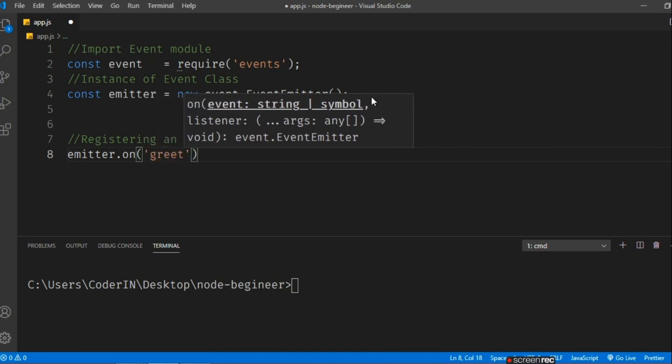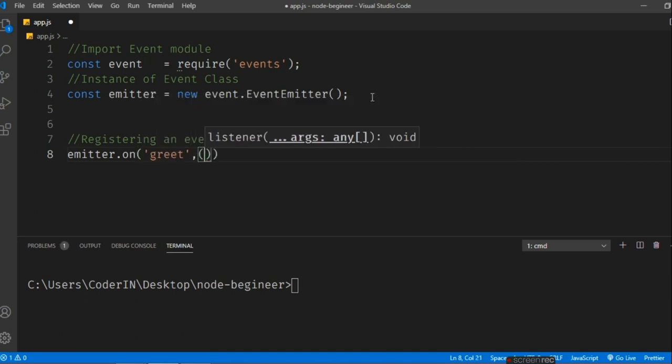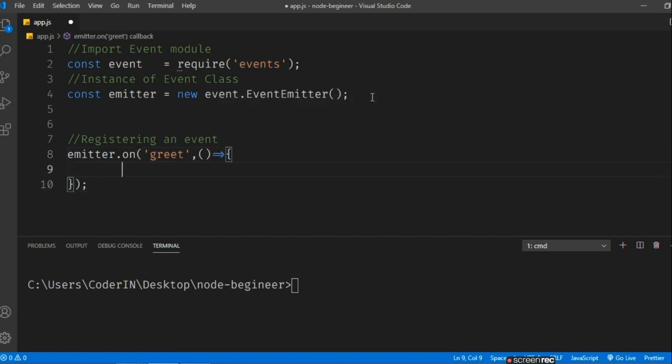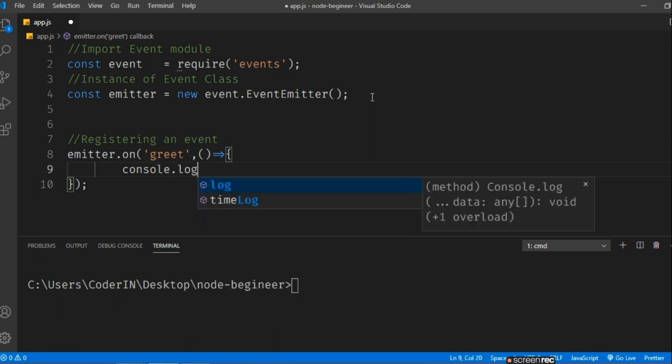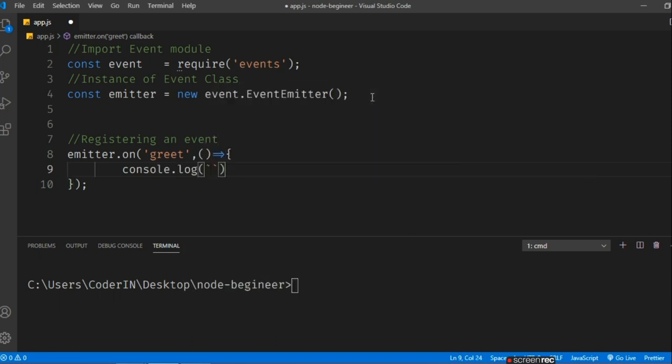This is a custom defined function, and if the particular event gets triggered it will show a particular message. So here I am writing console.log. You can write your own custom message. I'll just write here, have a nice day.